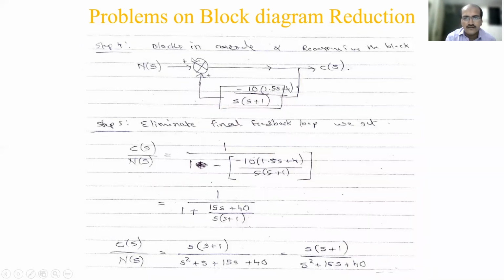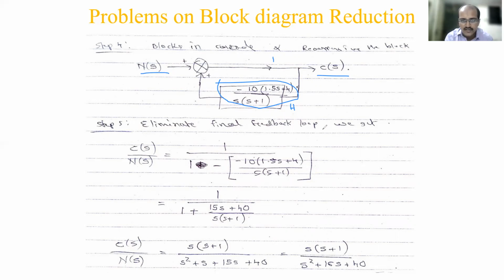So this is the representation you will see now: N(s), C(s), and this is the bottom path. Now this is a minor feedback loop, so identify the G(s). Normally you will have the tendency to consider the bigger value as G, but this is completely different. What is there in the forward path, you should consider as G, which is now 1. What is there in the feedback path is H(s), so you have to consider this as H. That is the difference. Eliminating the feedback loop, you will get C(s)/N(s), which is the required thing in the problem.